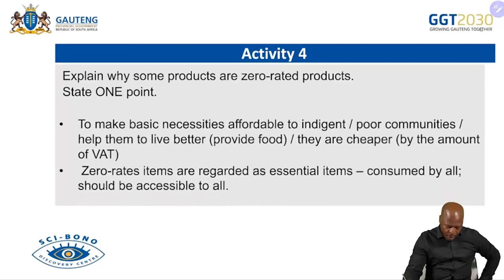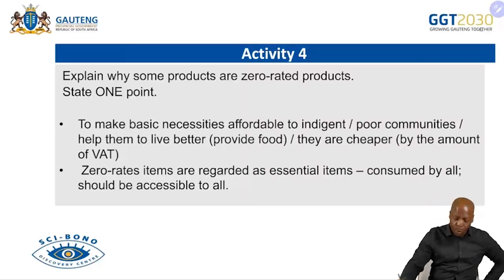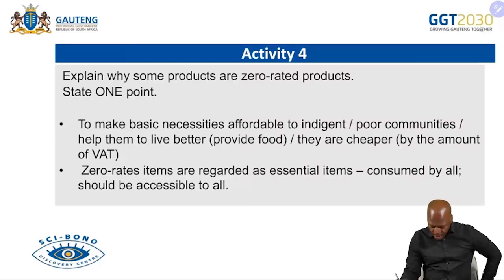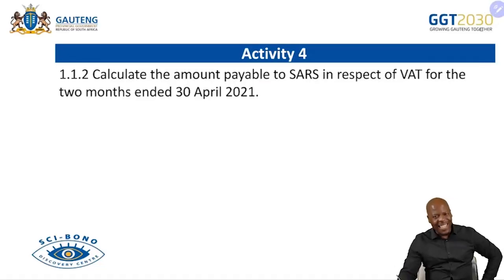If you now come to the next point, it says zero-rated items are regarded as essential. Remember, we're talking about your basics, what you need for survival, what you need for life. And they're consumed by all, therefore they should be accessible to all. Okay. Now, let's go to calculations. I know you want to do more of calculations. Let's quickly do that. It says,